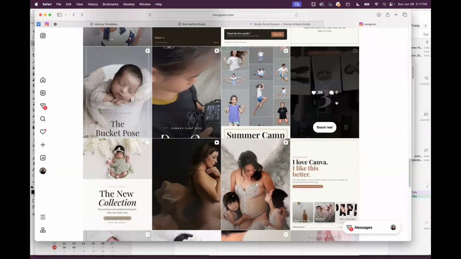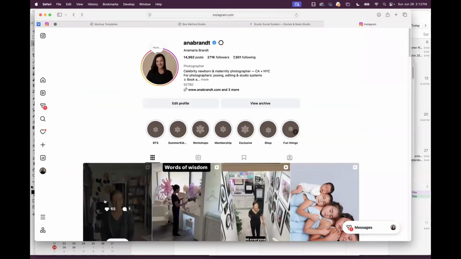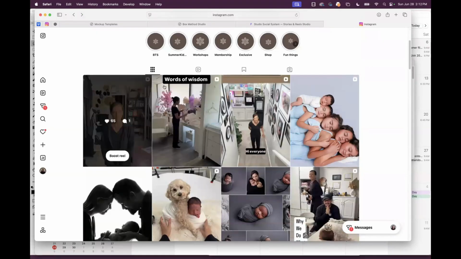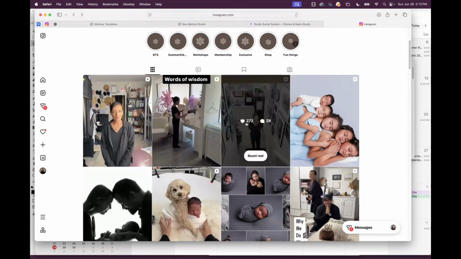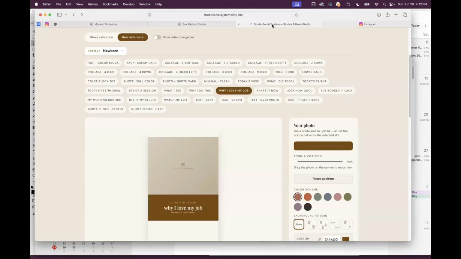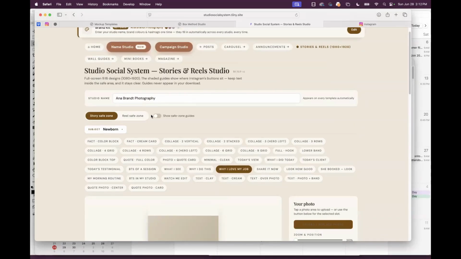That looks way better there than just like this. That looks ugly, but I'll go back and put a reel cover on that, because you can edit and then just upload your reel cover. Okay. And of course, we have the zones for your story, your guidelines.